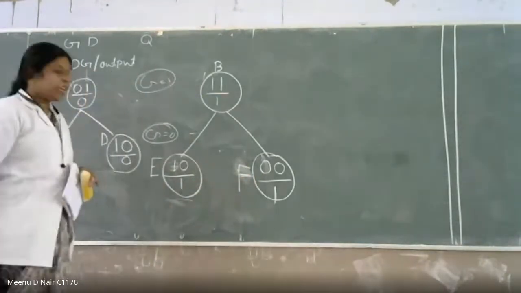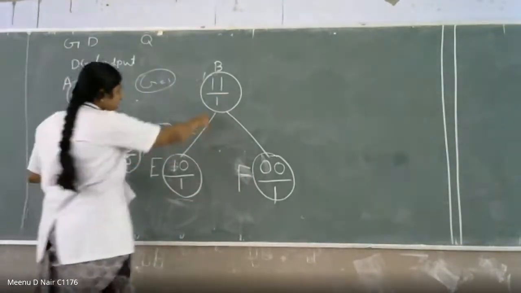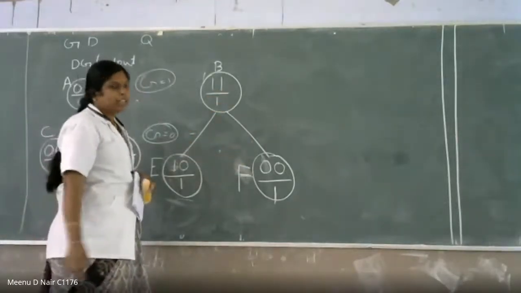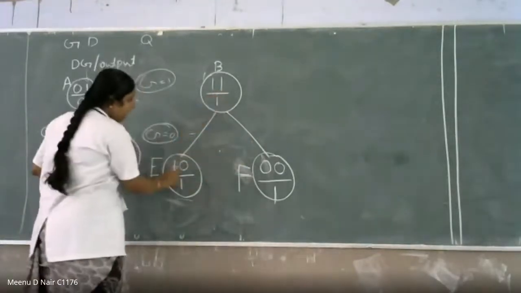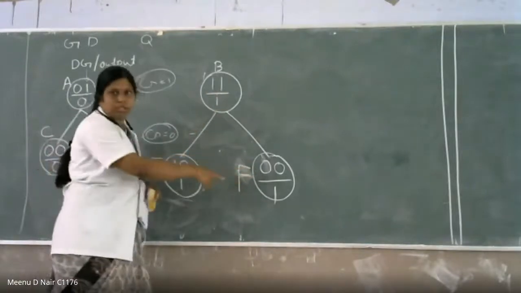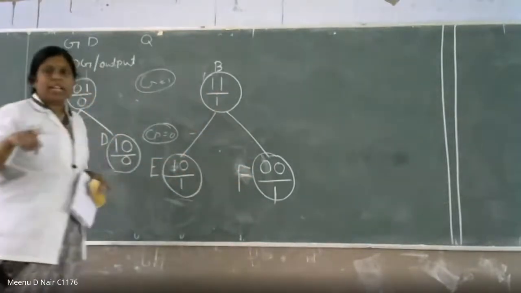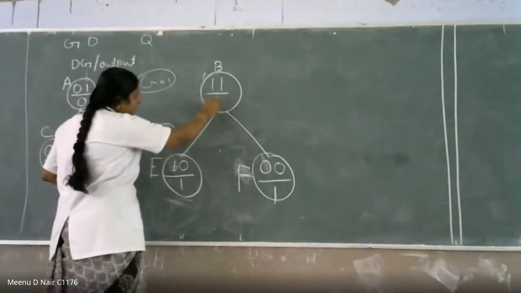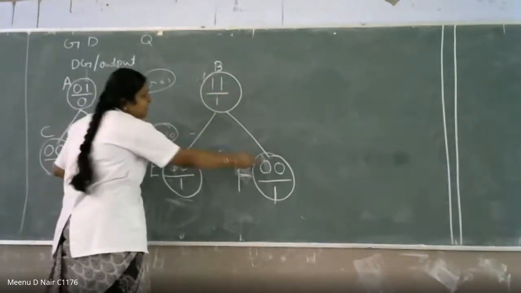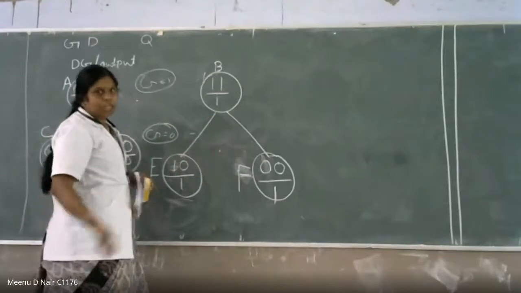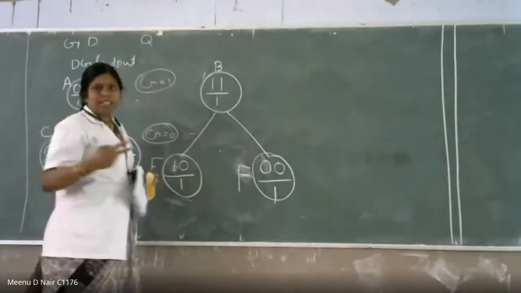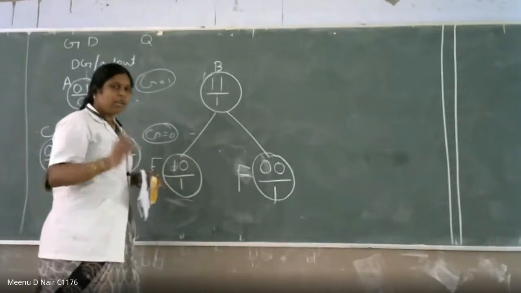Otherwise, what is happening? You cannot change. 1, 1 to 0, 0 is not possible. You have to come to 1, 0, then only you can move to 0, 0, then only a single transition will happen. 1, 1 to 0, 0 is not possible because 1 to 0 and 1 to 0 are two transitions happening there, so you cannot use that one.